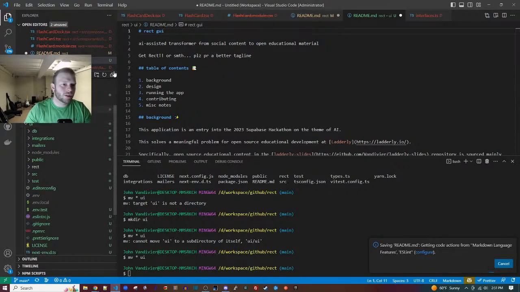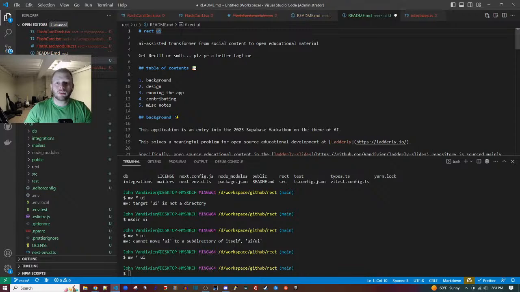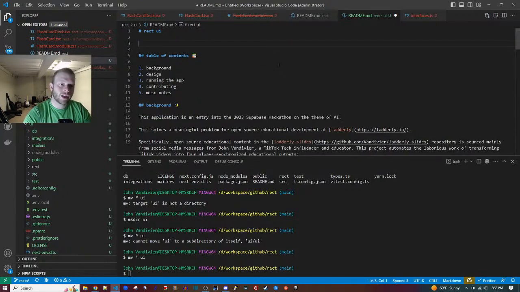So this is React UI, and this is Blitz.js plus React plus Next, a web GUI for the React system.